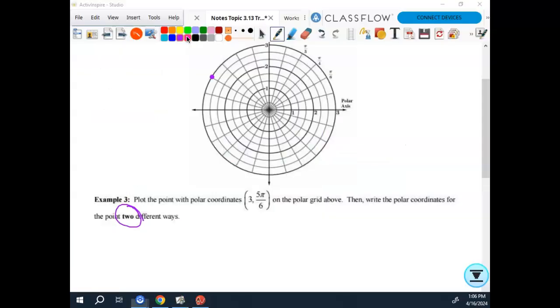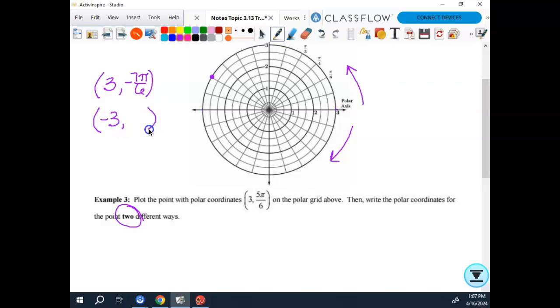So, all right, I know that in order to get here, I went this way, right? I can also get here by going this way. Do you agree with that? And if I did, this would be 3, and what would my angle be? Negative 7π/6. Good. Because if I go from here, this would give me negative 6π/6, and then I got to go one more. Okay? So now I could keep rotating around and adding or subtracting 2π,